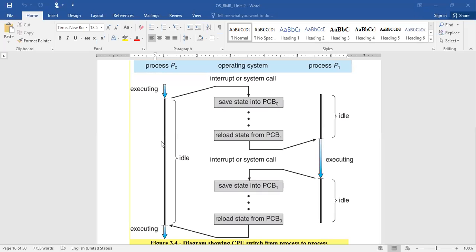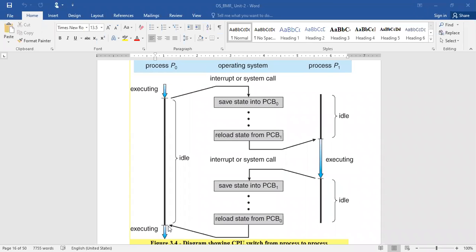Now, coming to the point, here the PCB plays an important role while shifting from one process to another process, because whatever things have been executed up to now need to be saved somewhere, because the CPU will get back to this situation after a period of time. Once it comes back to this process, from where does it need to start?